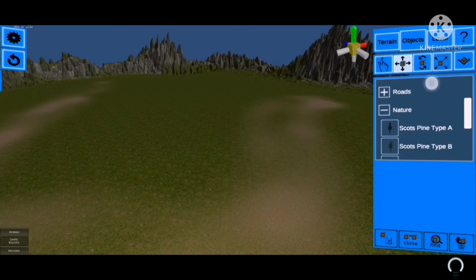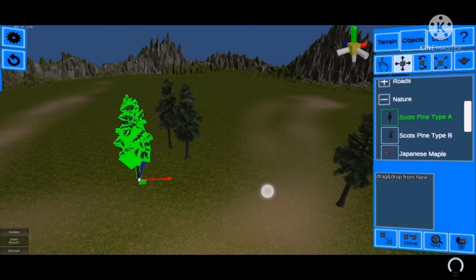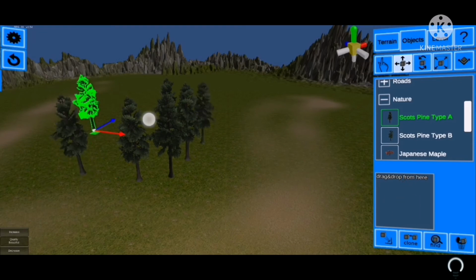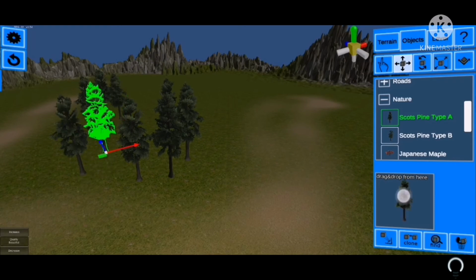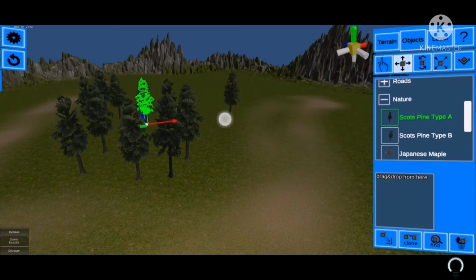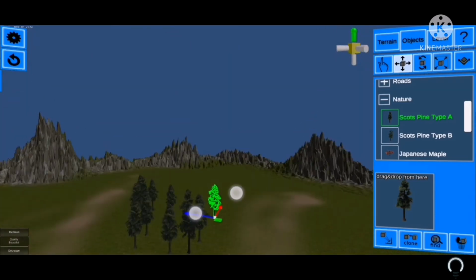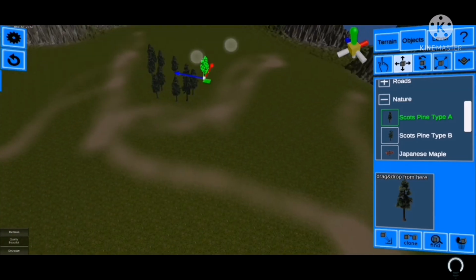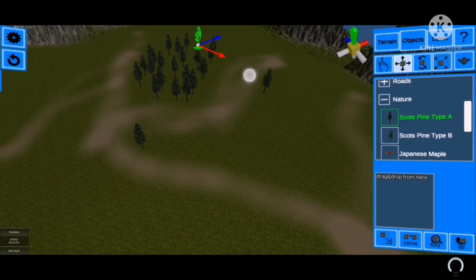I'm making a jungle. Then the jungle needs more trees. You need to add trees for your world. Then you need to go to the objects tab and choose the nature tab, and they show trees. Different kinds of trees are there, and you need to click the tree type you want. I am adding trees like that. Then